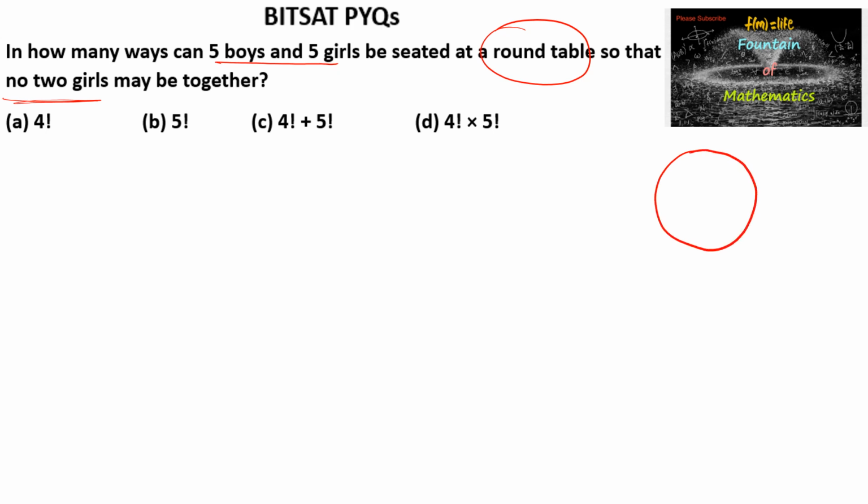So total 5 boys and 5 girls, 10 candidates, and the given condition is that no two girls may be together. So first we'll arrange the boys. Let us say B1, B2, B3, B4, B5 are the 5 boys, and these 5 boys can be arranged